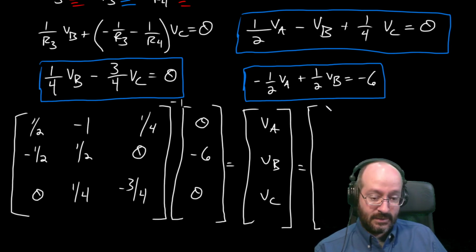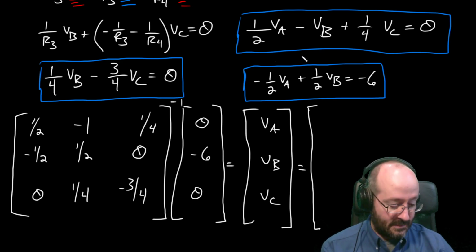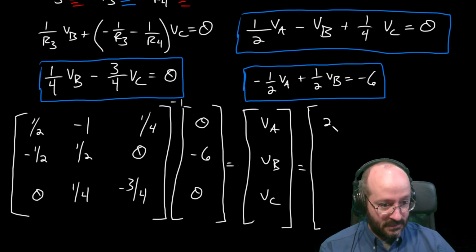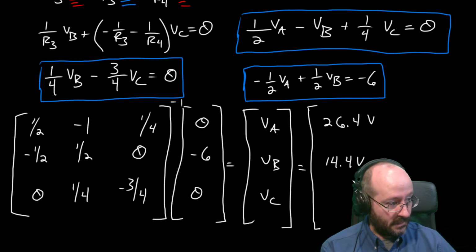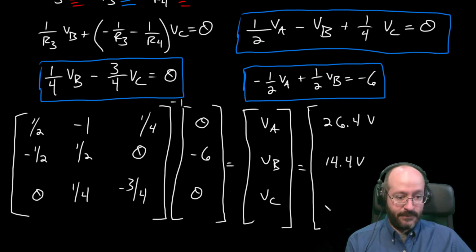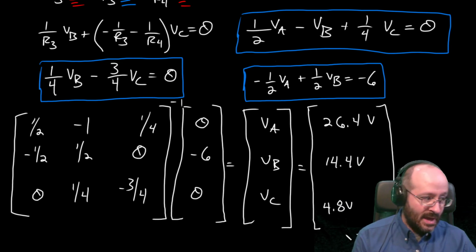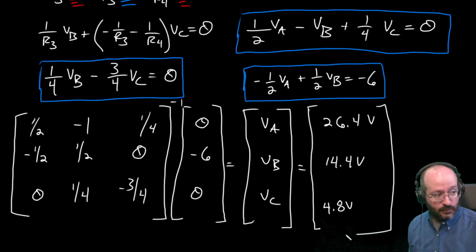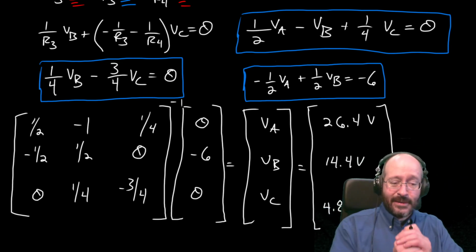0.5, 0, -6, 0, 0.25, -0.75, and 0. All right, and from that, I get node voltages of 26.4 volts, 14.4 volts, and then 4.8 volts. Okay, now I know my node voltages. I'll roll out of the way there for you. I know my node voltages. I can go find any other